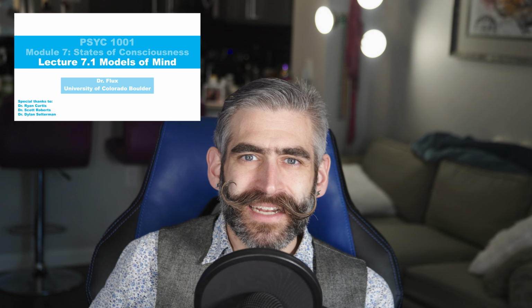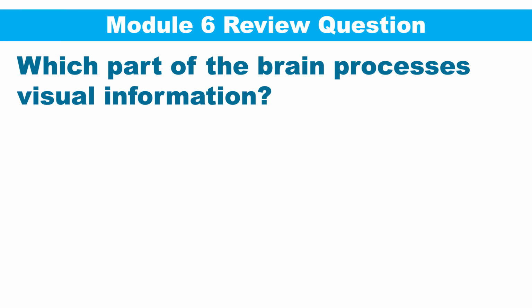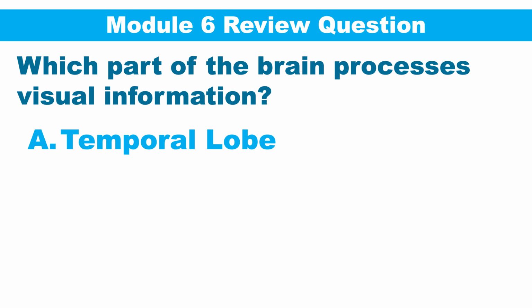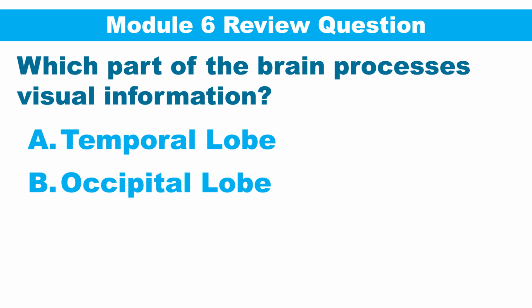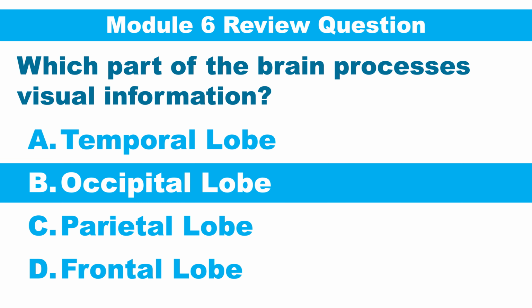But before we jump into today's material, let's do a quick review from Module 6. Which part of the brain processes visual information? A, the temporal lobe, B, the occipital lobe, C, the parietal lobe, or D, the frontal lobe? If you picked B, the occipital lobe, you're right on point. That's where your visual cortex transforms raw sensory data from your eyes into the detailed images that you see every